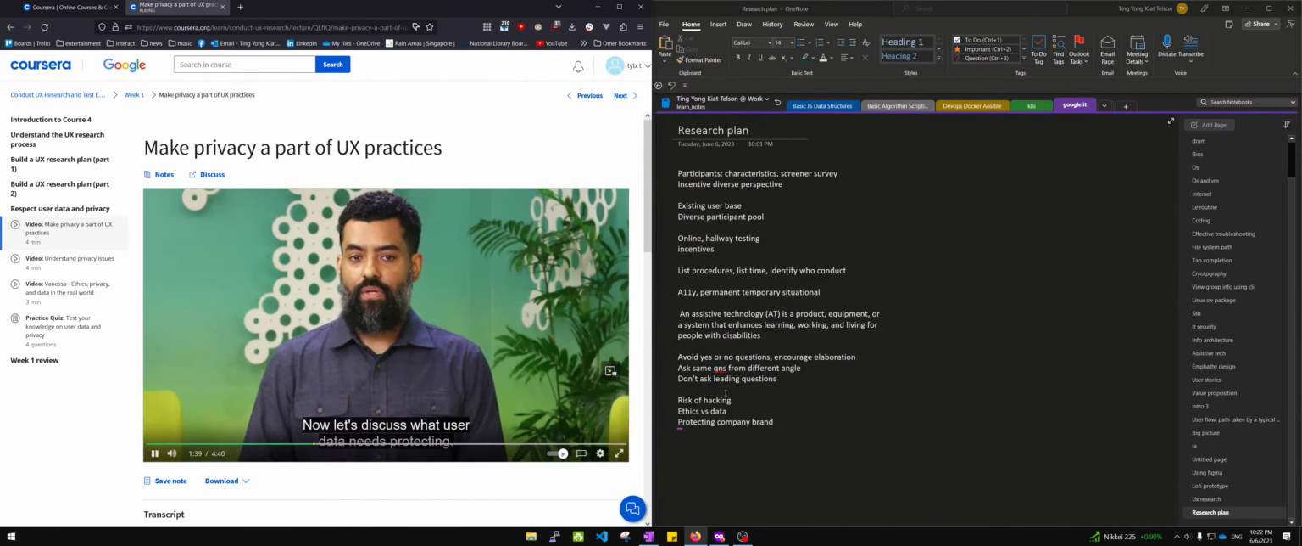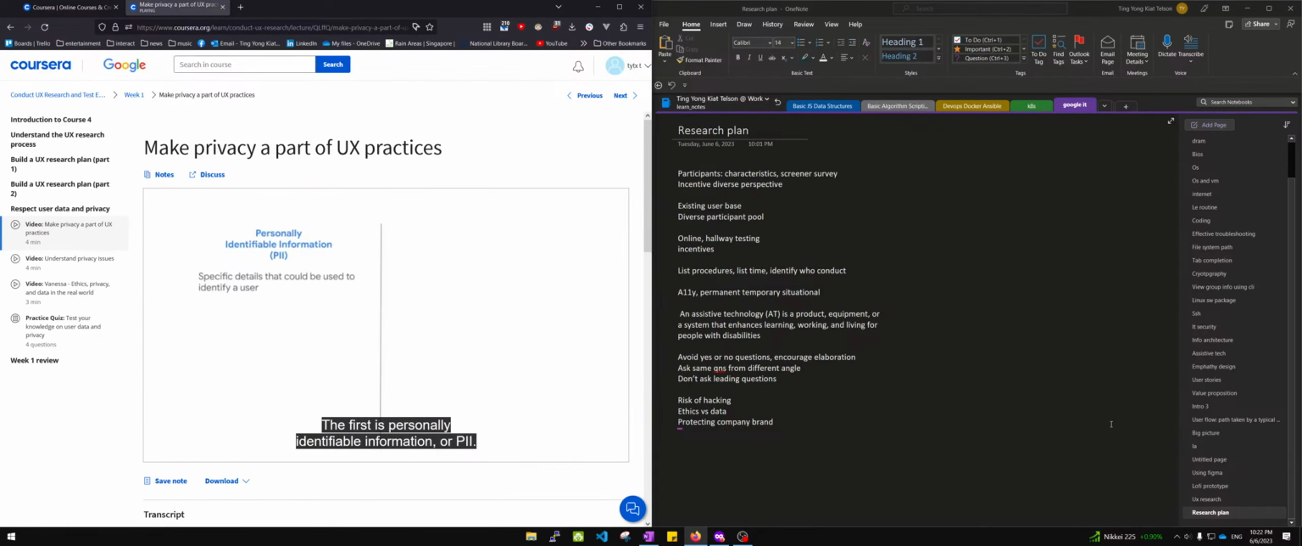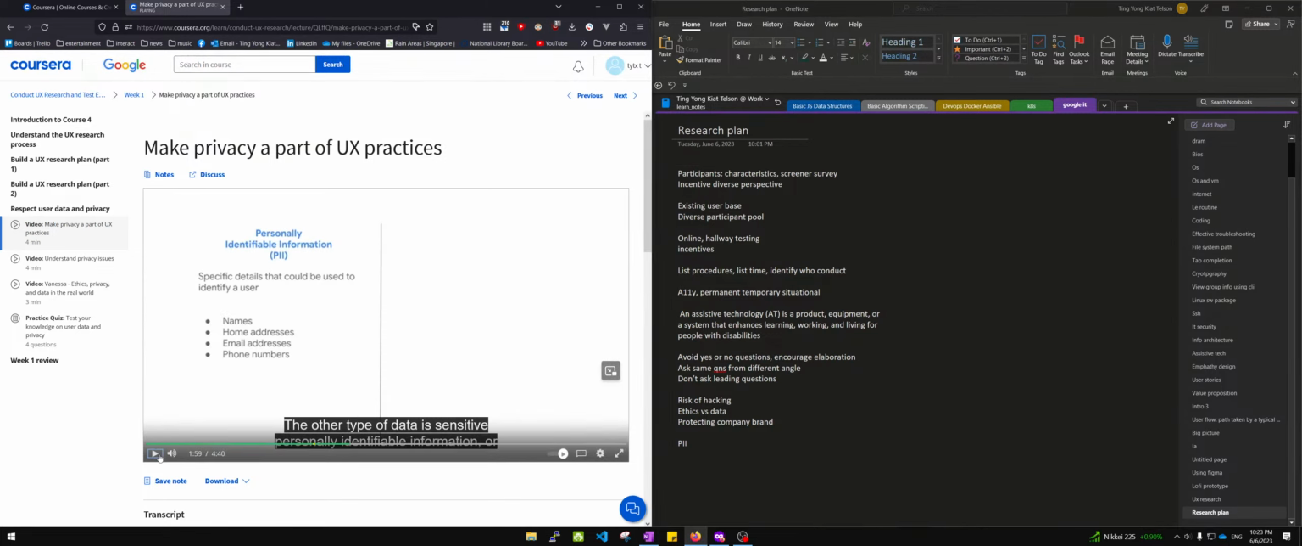Now let's discuss what user data needs protecting. There are 2 main types of data you need to protect. The first is personally identifiable information, or PII. This is made up of specific details that could be used to identify a user. This includes names, home addresses, email addresses, and phone numbers. The other type